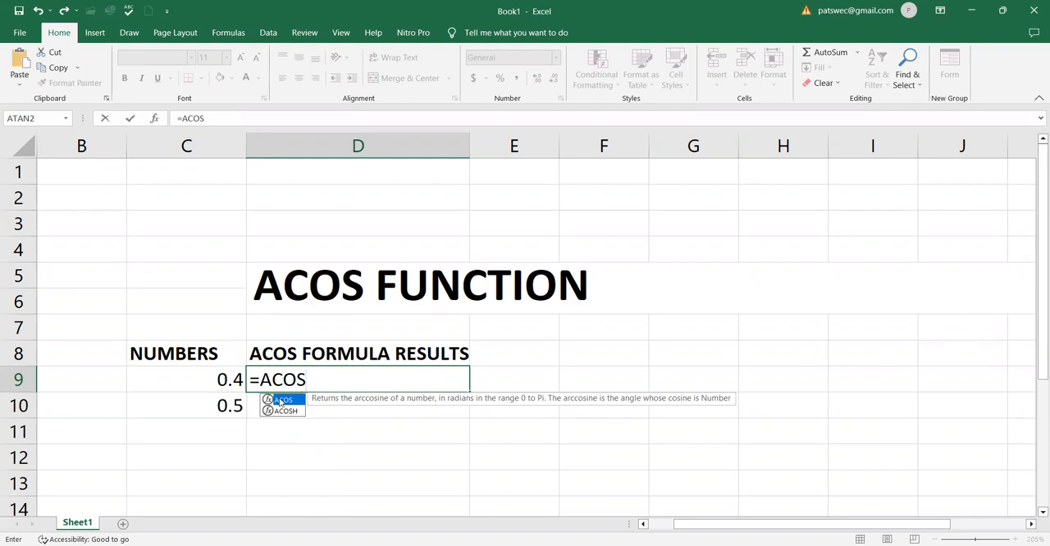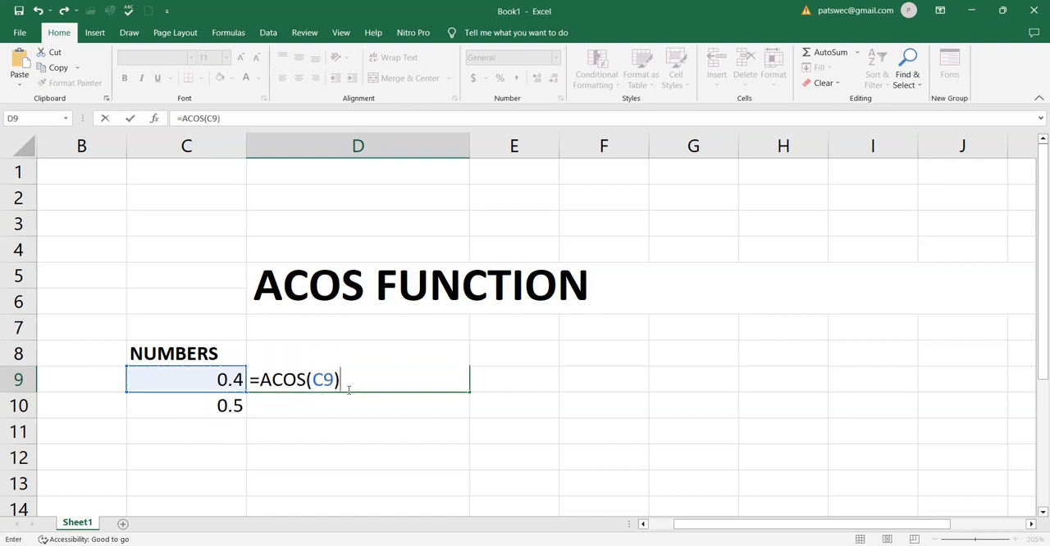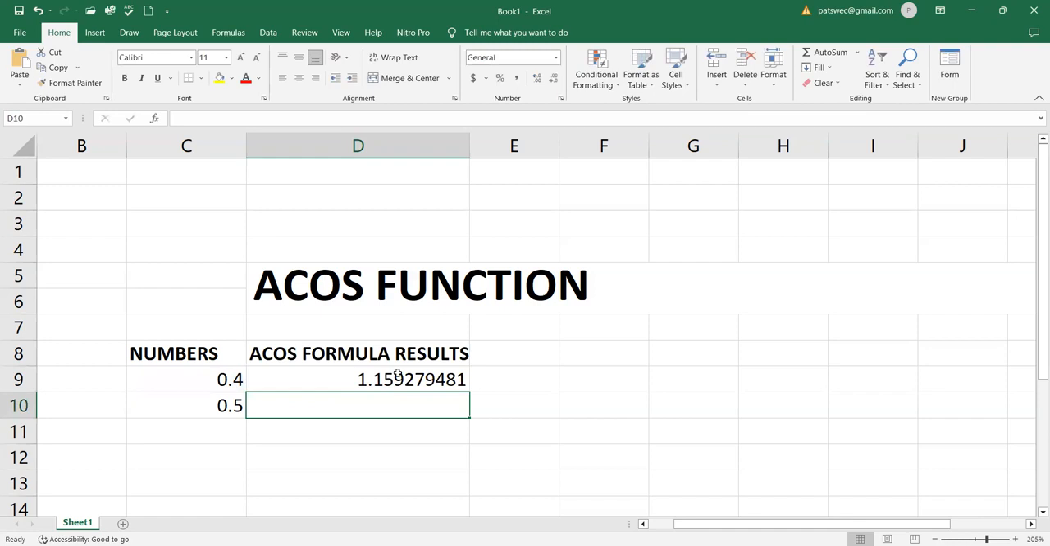After opening the bracket, we shall get the number, which is C9. That's the cell reference. After doing that, go ahead and close the bracket and then press enter or return to see the result. So after that, you'll see the results in the box, like for this number, 0.4,